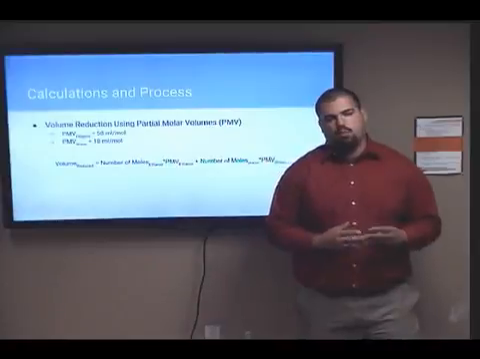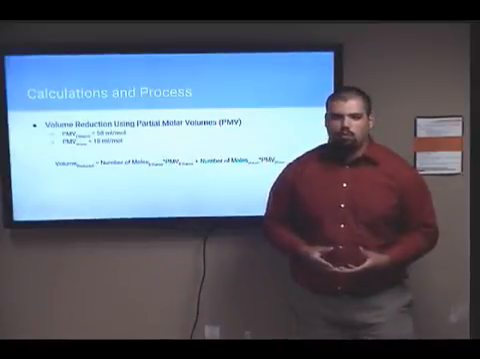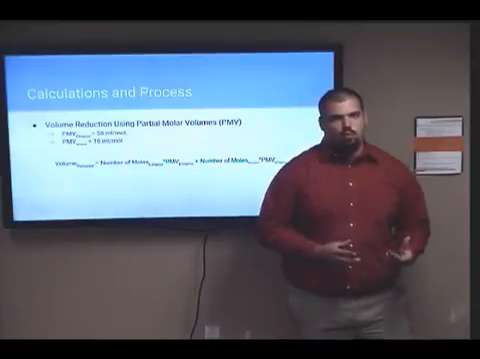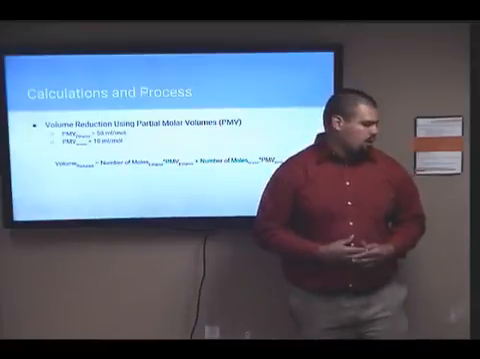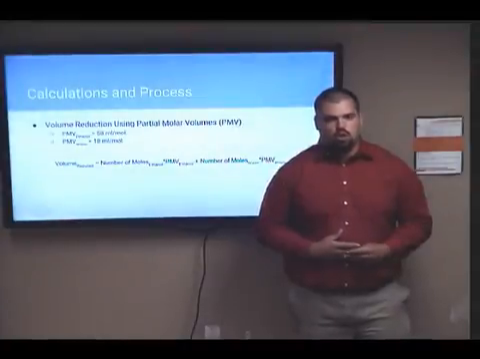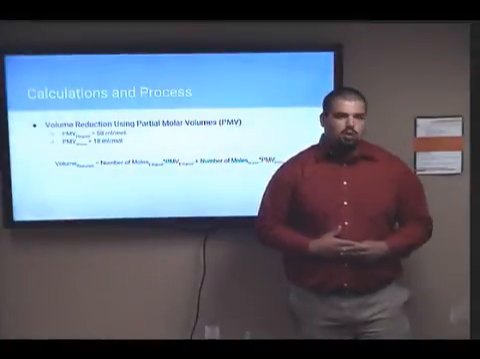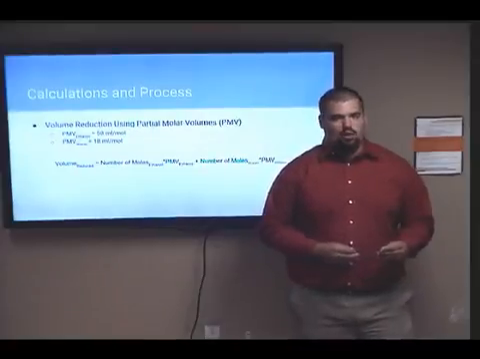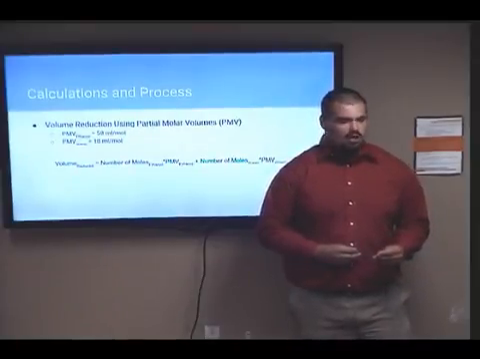Now that we have the number of moles of ethanol and the number of moles of water for both spirits, we can add those together to get the number of moles of water and the number of moles of ethanol for our final spirit. And then this is where volume reduction comes into play. Using partial molar volumes, as we explained earlier, and knowing that we assume that our partial molar volumes are constant,